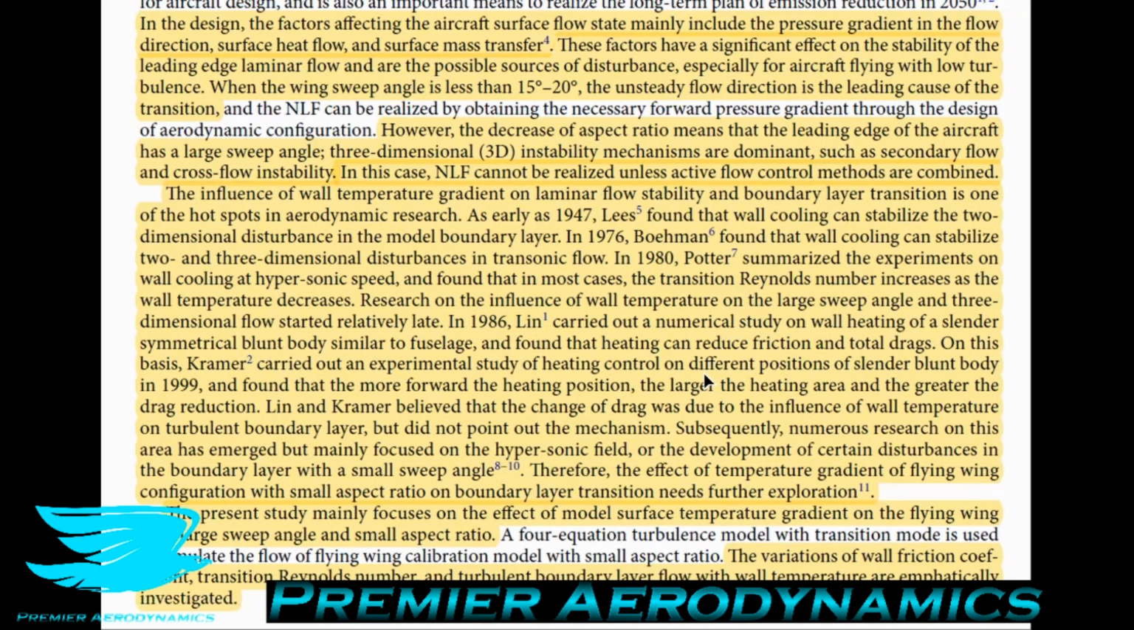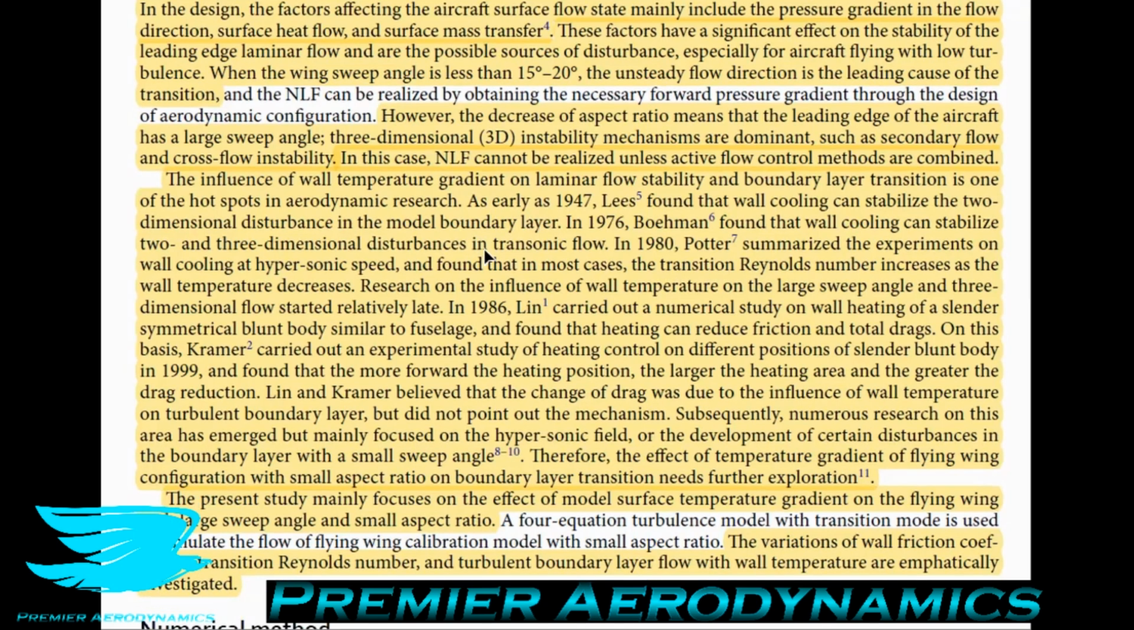Research on the influence of wall temperature on the large sweep angle and three-dimensional flows started relatively late. In 1986, a researcher carried out a numerical study on wall heating on a slender symmetrical blunt body similar to a fuselage and found that heating can reduce friction and total drags. So the drag in total is made up of different components. We mentioned earlier the wave drag that occurs when you go very fast, but there's also something called friction drag. There's also something called pressure drag, and there's also something called induced drag,